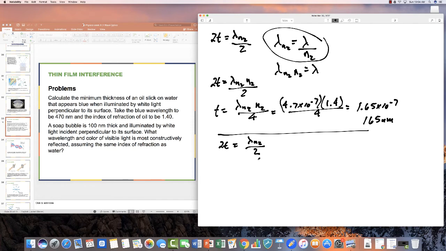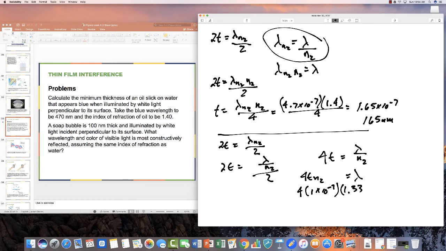So we substitute that in here: 2t equals lambda over n2 divided by 2. Now we have 4t equals lambda over n2, and lambda is 4t times n2, or 4 times 1 times 10 to the minus 7 times 1.33, which is equal to 5.32 times 10 to the minus 7,